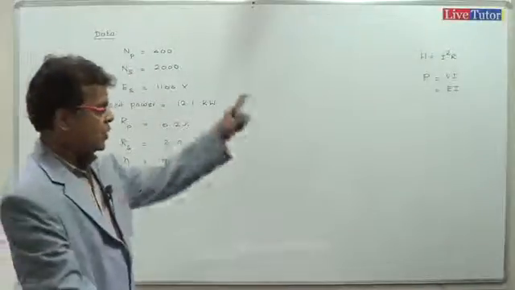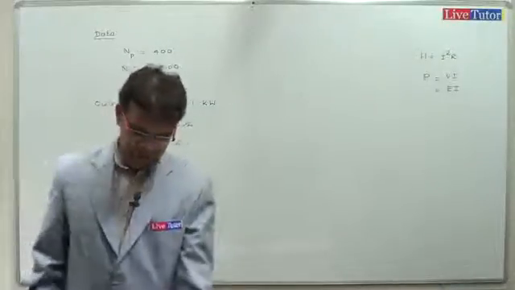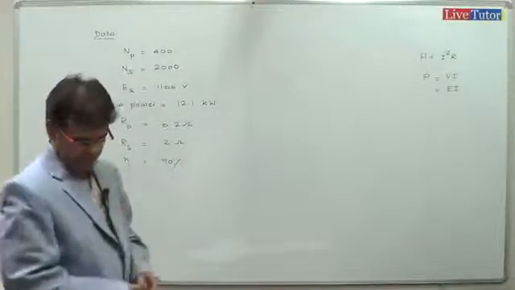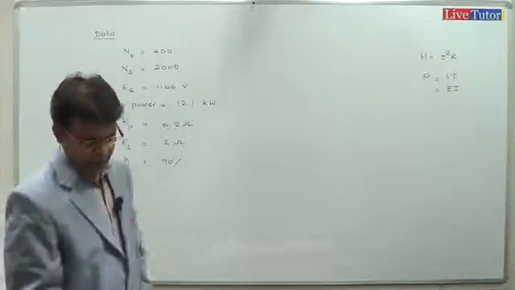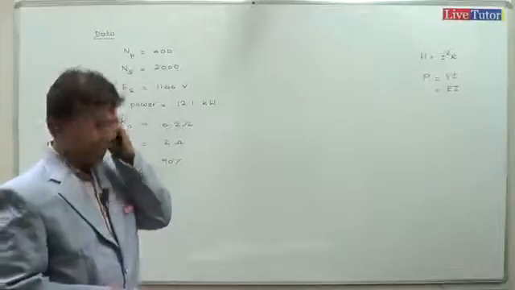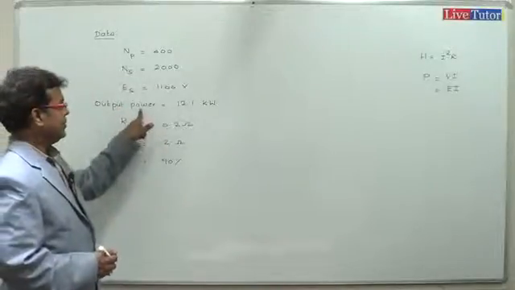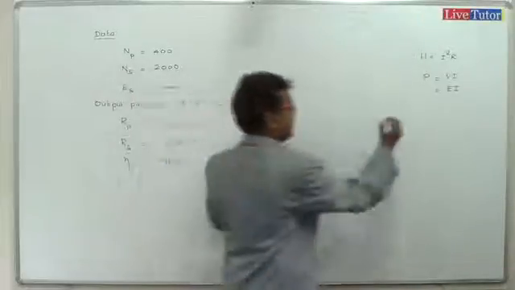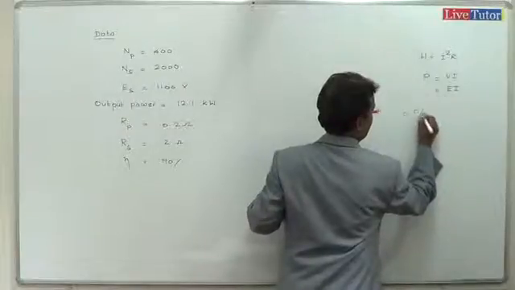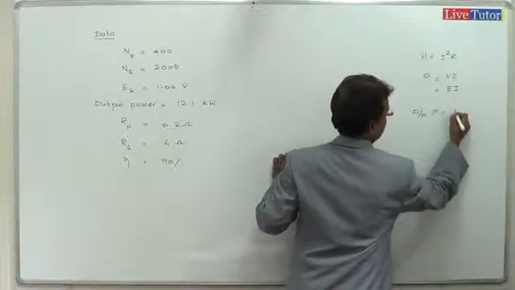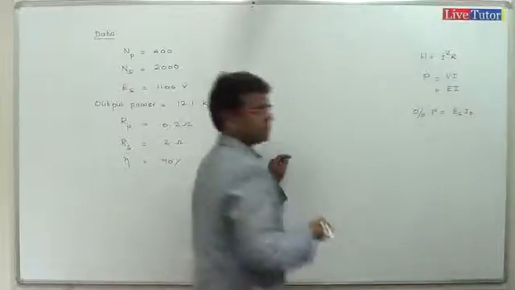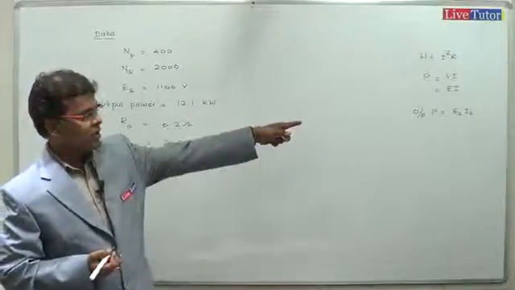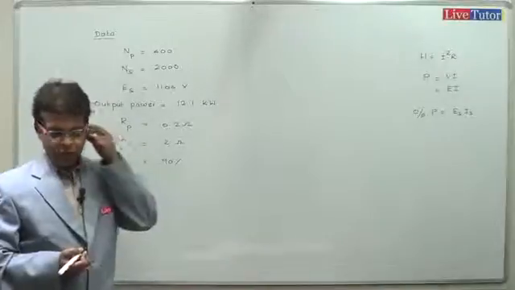Now what is our aim? To find out IP and IS. If you know IS and IP, then we can calculate the power loss. Now let us see how to calculate IP and IS. Output power is given. Already I told you, output power is equal to ES IS. With this formula we can find IS, but for that we have to know